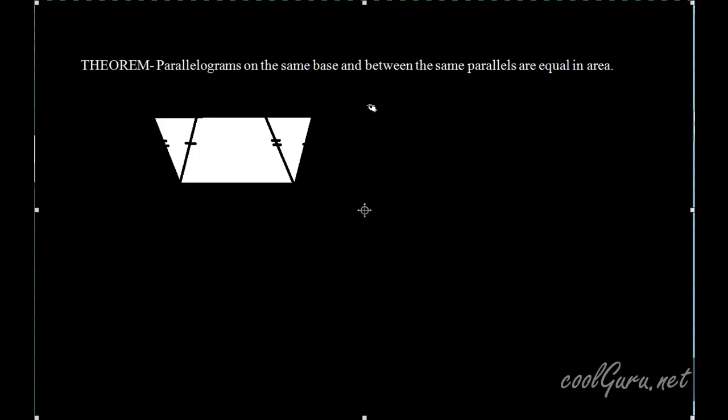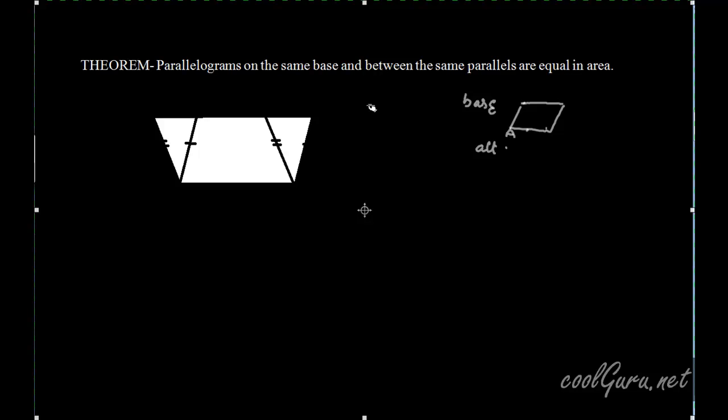In this lecture, we will find the relation between areas of two parallelograms which are on the same base and between same parallel lines. First of all, we must know what a base is in case of a parallelogram. Any side of this parallelogram can be considered as base, and altitude or height. Altitude for each base of a parallelogram is the corresponding perpendicular from the opposite side to that base.